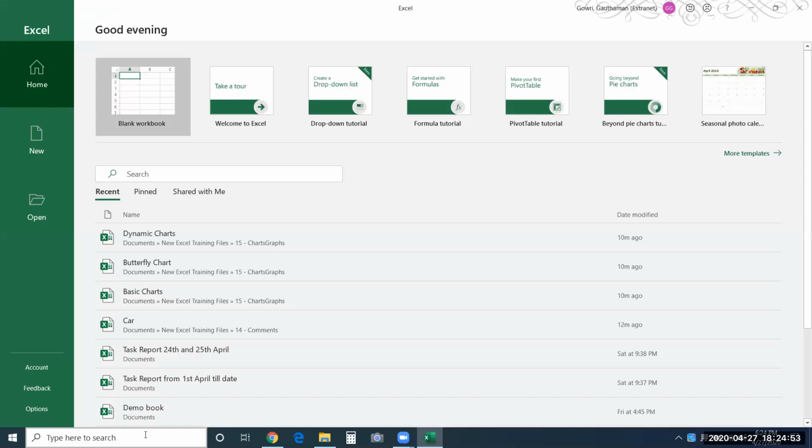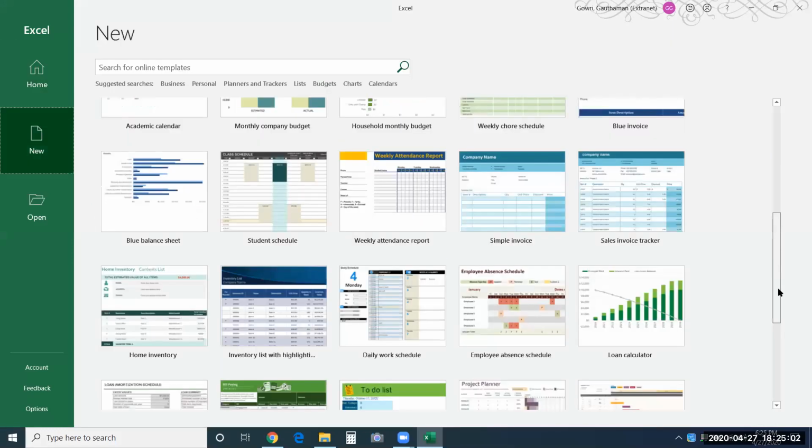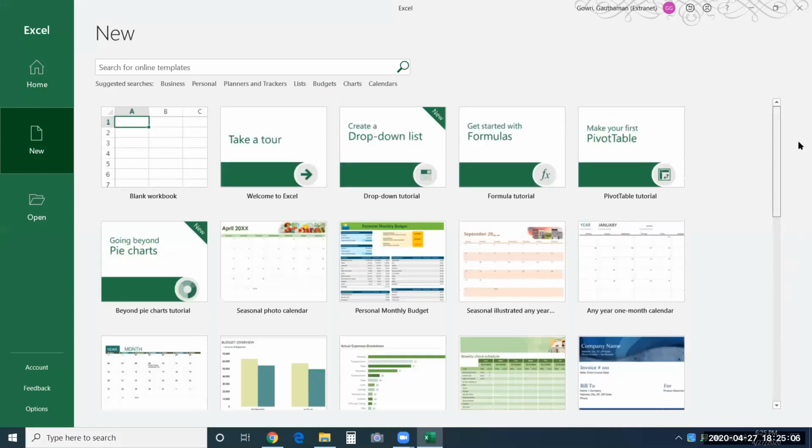So you get to see some templates that are ready made. You can see here, if I go to more templates, you can see some ready made templates available to us. Either you can use these templates to create your file. If you don't get to see some templates, you can just search online and still get it. Most of the time what we do is we go for a blank workbook.